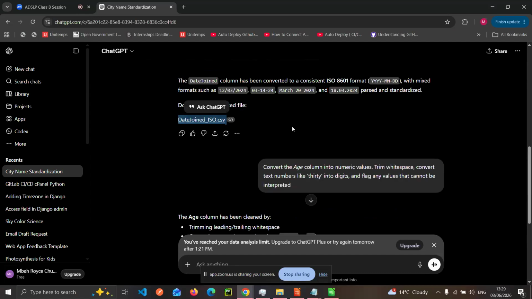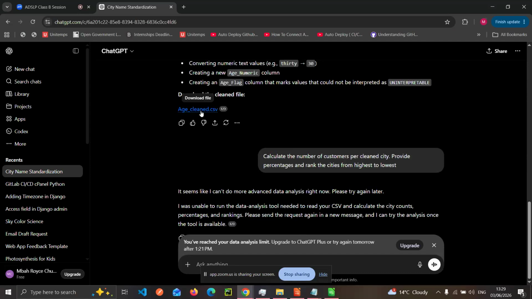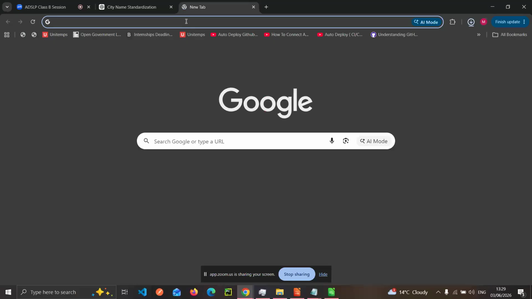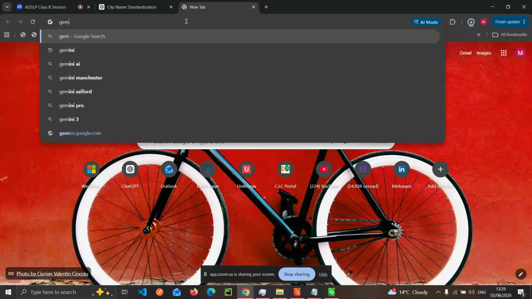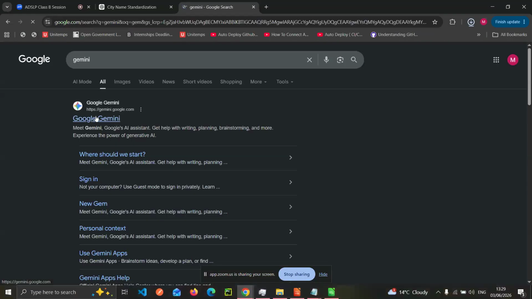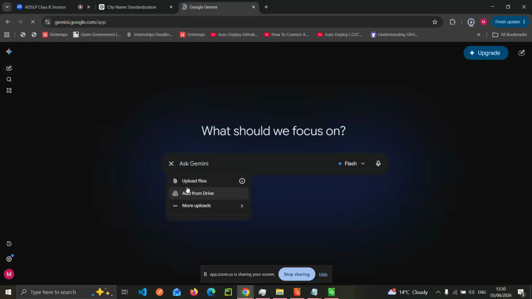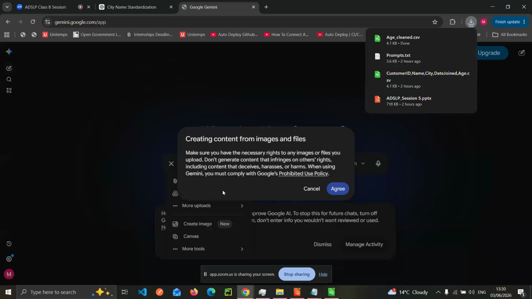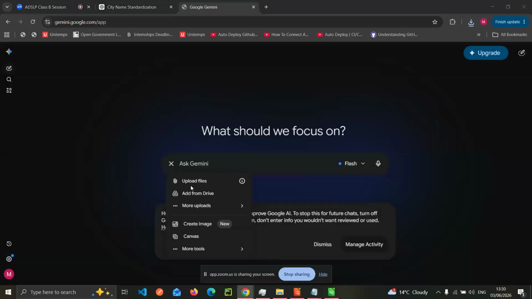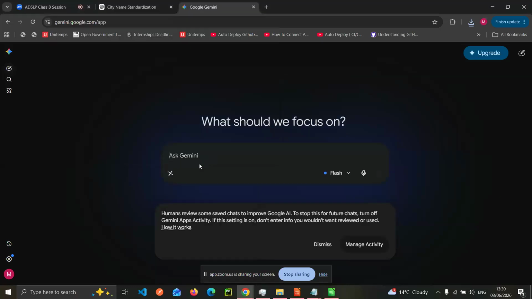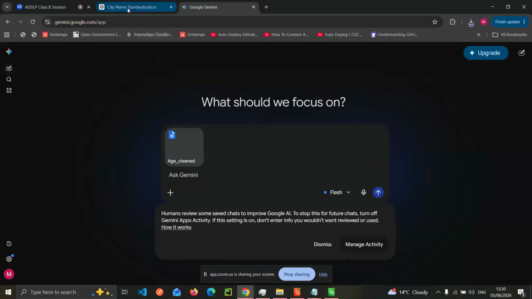Wow, tomorrow. So what I could do, since I'm already here, is download the latest clean file and move to Gemini to continue. Normally, for those who have updated versions or haven't reached the limits of your usage, you could use that. So I'm just going to paste it here. I'm going to get back the same prompts.